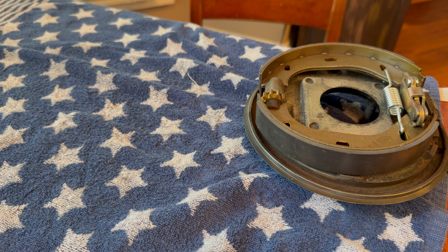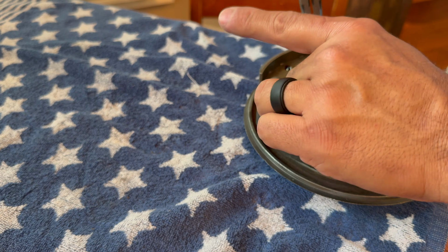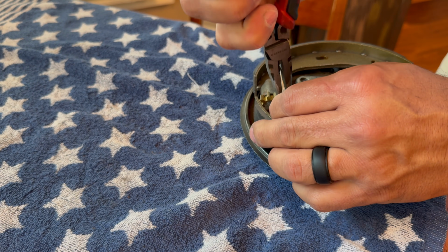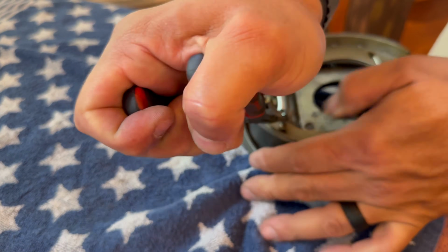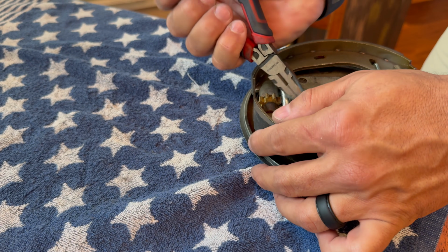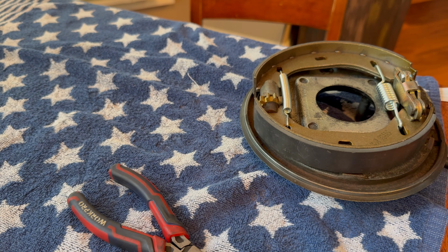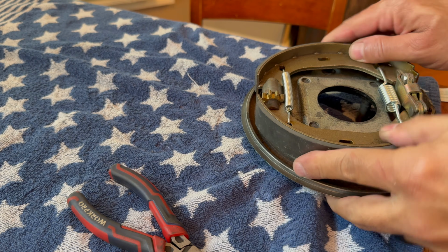We'll try it one more time. Maybe the third time is the charm here. So basically just stretch it out, and there we go. And then you kind of tap it in right there, and voila, it is completely in place. Now, next step is you got to line it up to where those holes are at, so you can get